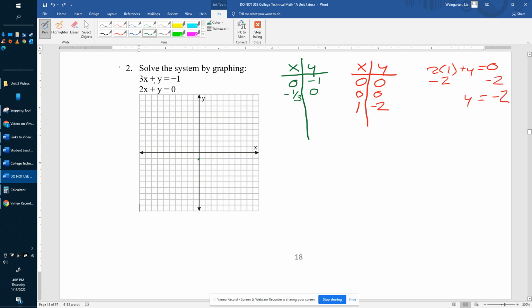So we're not going to use that. Not going to use y equals 0. What could we put in here? How about y equals negative 2? Or positive 2. So if y is positive 2,